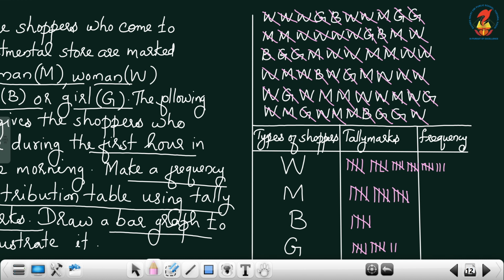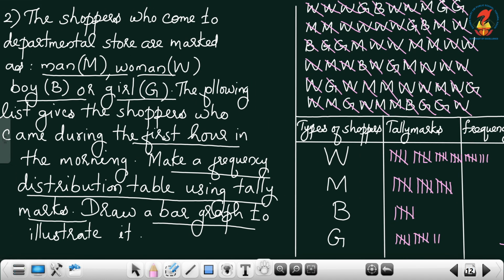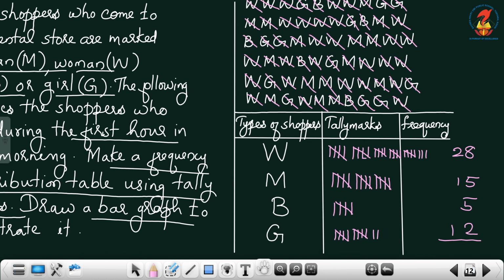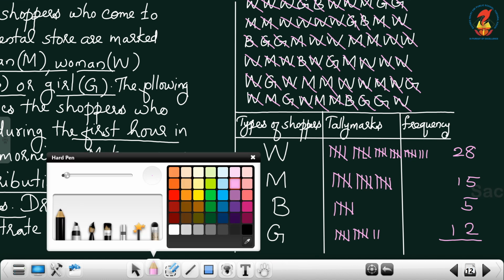Now we can count it. 5 plus 5, 10, 15, 20, 25, 28. The corresponding frequency is 28. Then 5, 10, 15, then 5, then 10, 12. So the total. Okay, we can find out the total also. If you want, you can find out the total. So the total is equal to